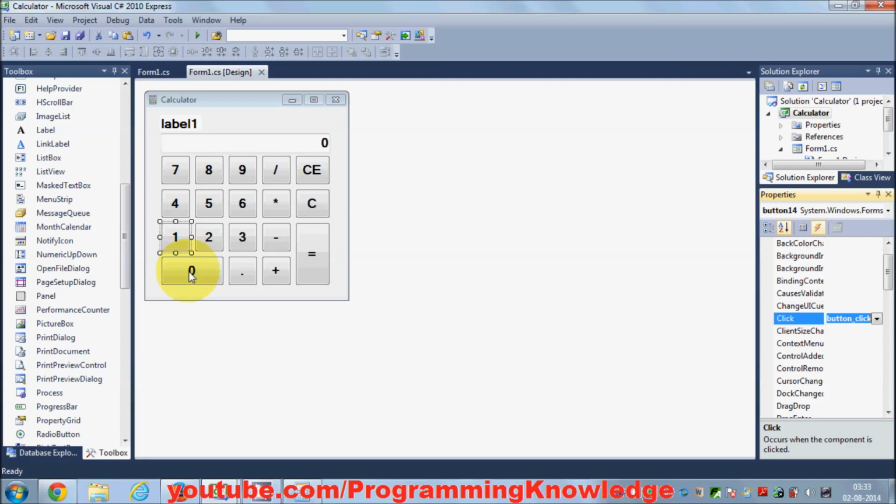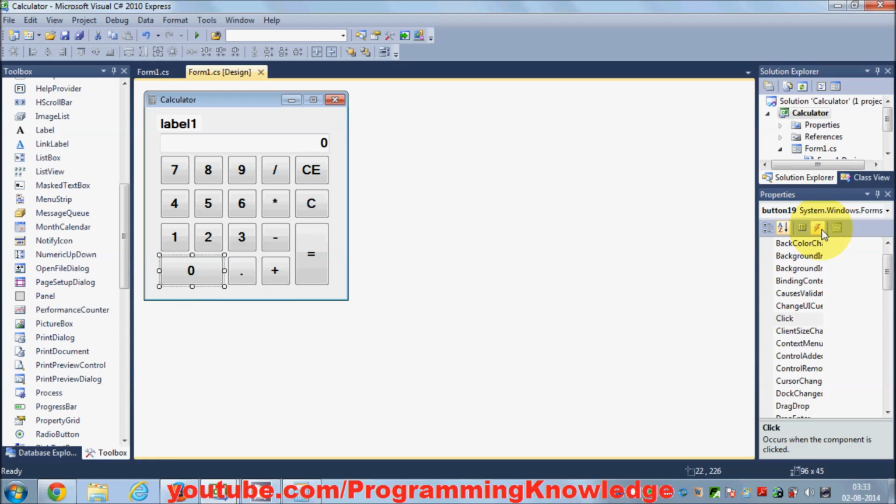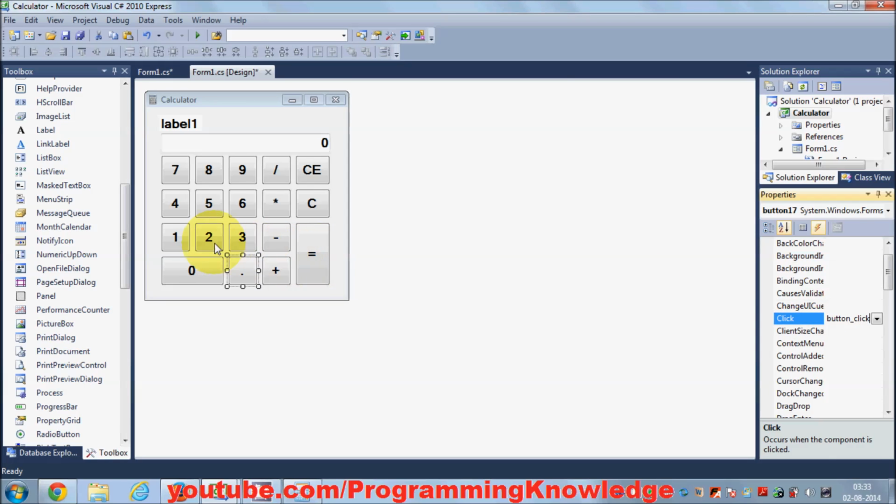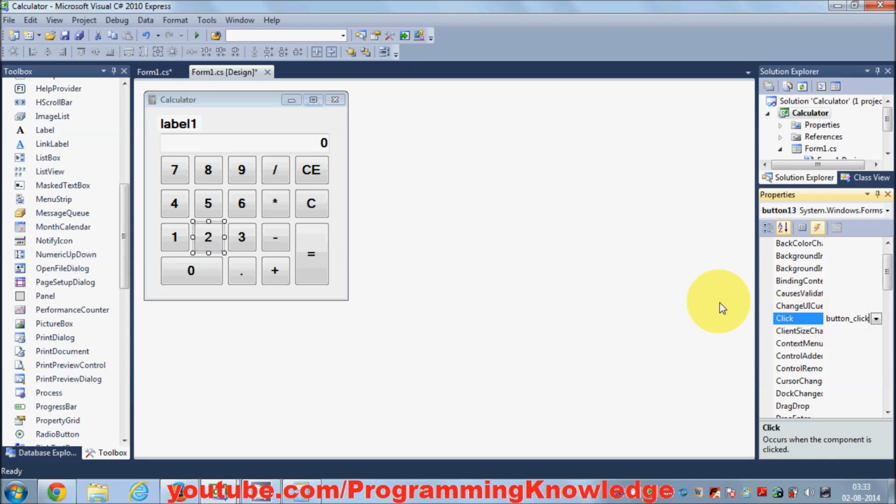I will start from 0. Just select this 0 button and go to the Click event property and paste the same event, button click, here. Okay, same I will do for this point, same I will do for 2,